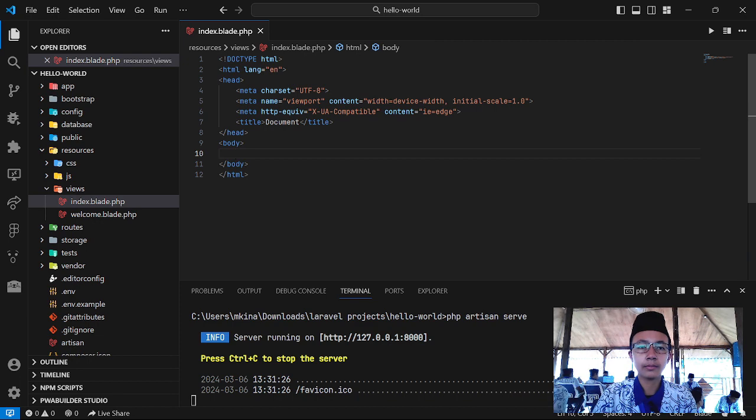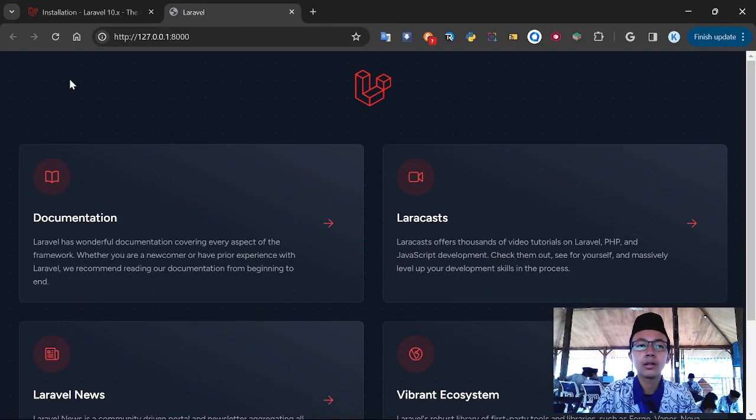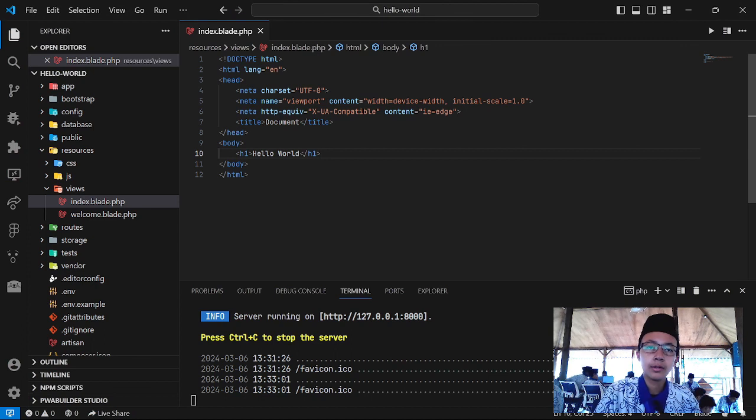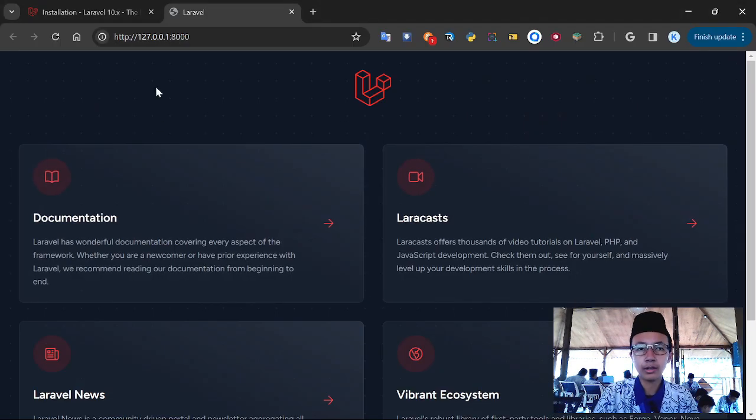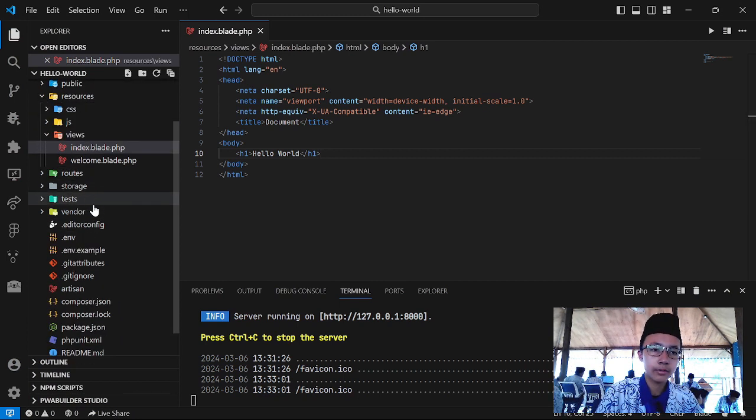And in the body, I'm going to type in h1 hello world. And if we refresh the page here, as you can see, nothing has changed because we only created a new file. We haven't configured that this is the file that needs to be viewed in the home page of our URL here. So in order to do that, I can go to